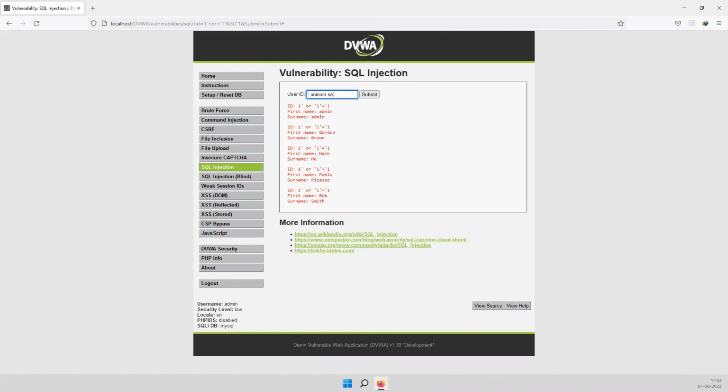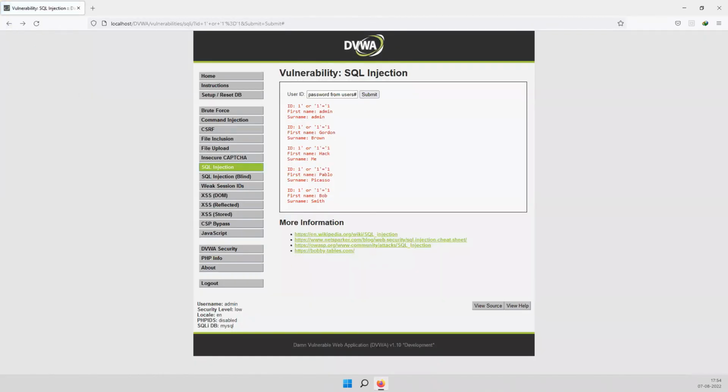So I'm putting union select over here. Union select user, password from the users table. User is a column name for the user, and I just want to know their password as well. From which table? From the users table.